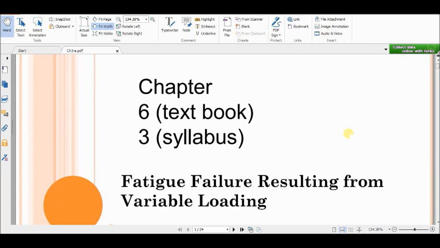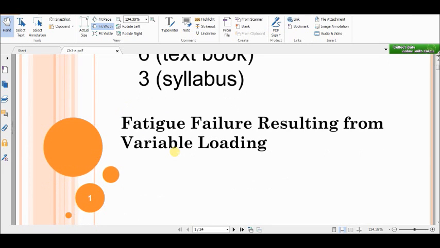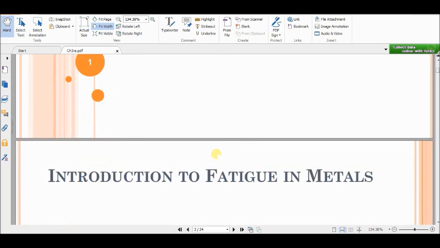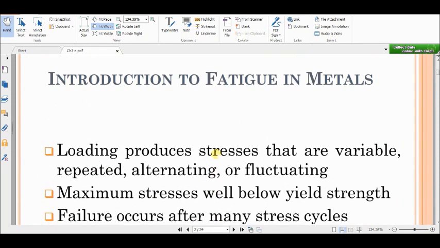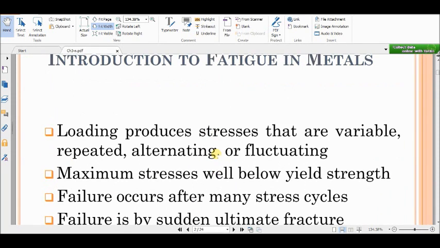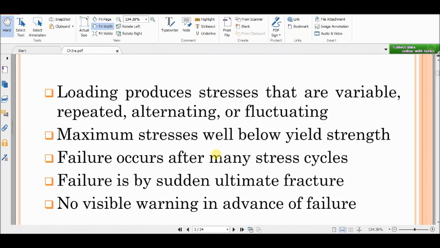This starts from chapter 3, which is from chapter 6 of the Shigley textbook. The topic of this chapter is fatigue failure under variable loading, or under dynamic loads. Earlier I uploaded two videos on the online classroom. You can refer to these two videos to understand what dynamic load is and what the effect of dynamic